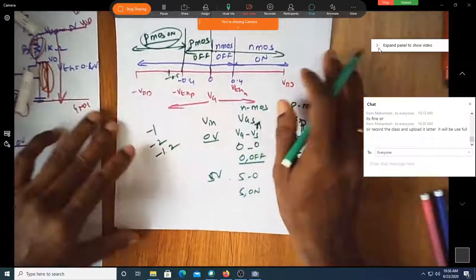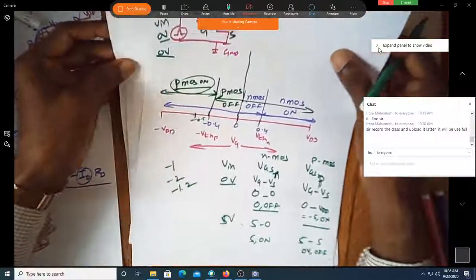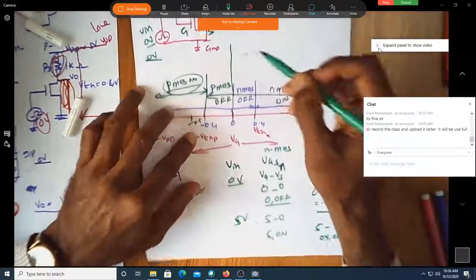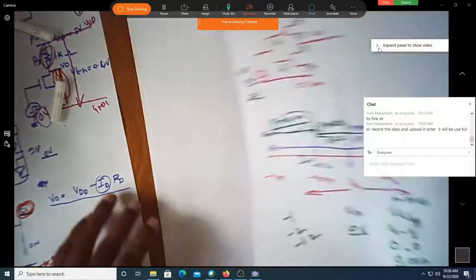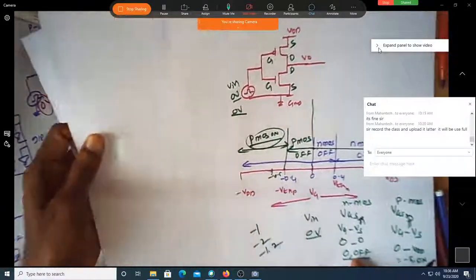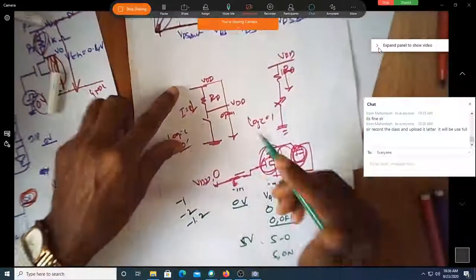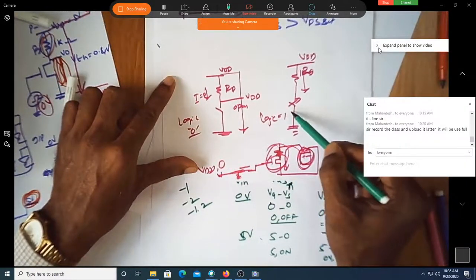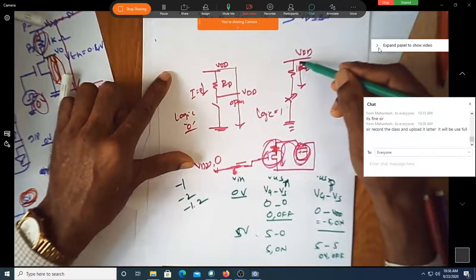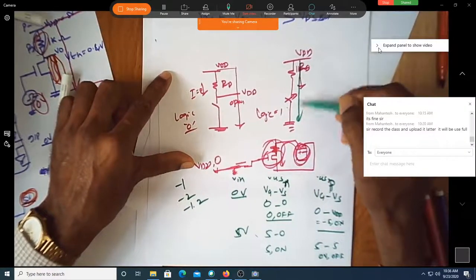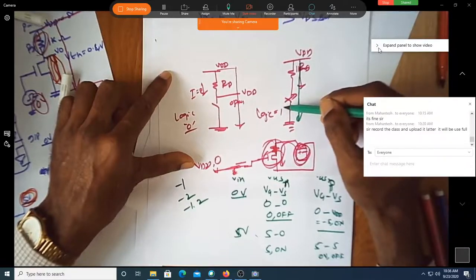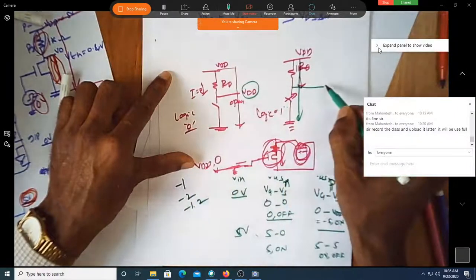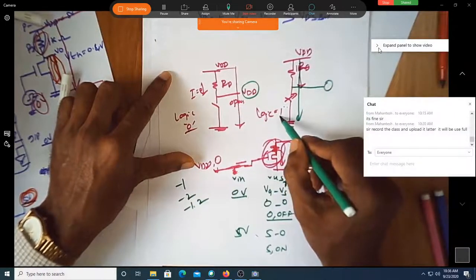Can you see, in the earlier case, where you had only one MOSFET, where is that? Let me take out that sheet. Here. You can see this was off when logic was 0, and on when logic was 1. But when logic was 1, there was a current flowing from this VDD to ground. So how much was the output you are getting? Output was VDD when logic was 0, and output was 0 when logic was 1. Am I correct?